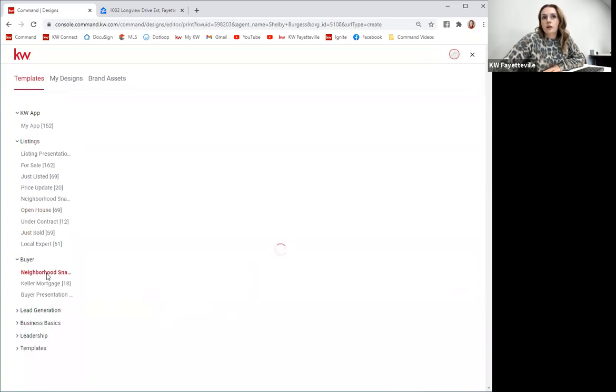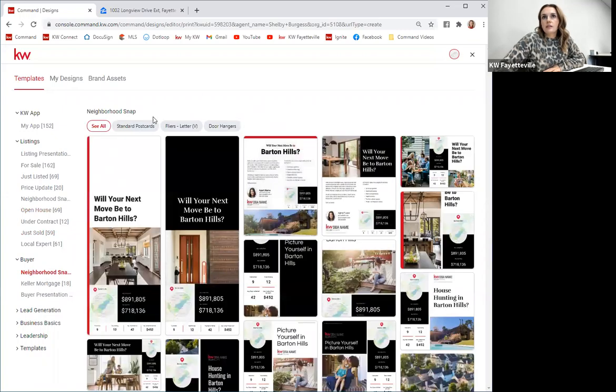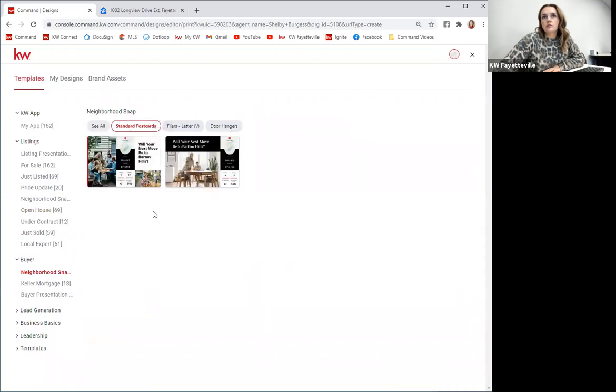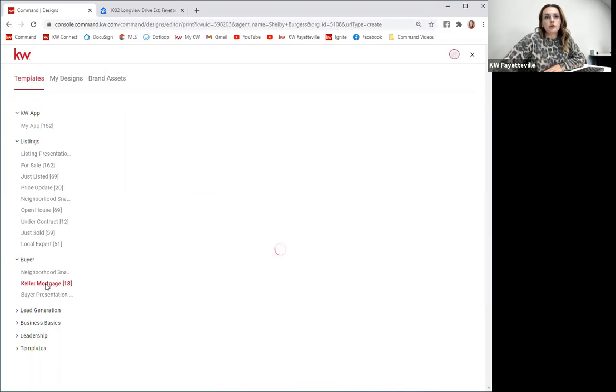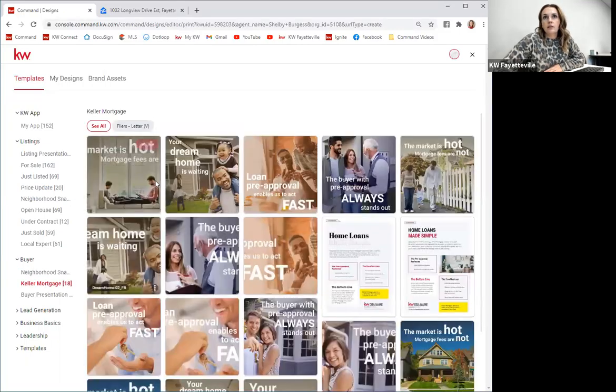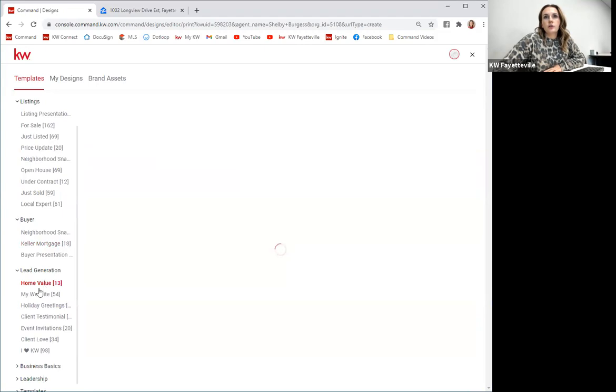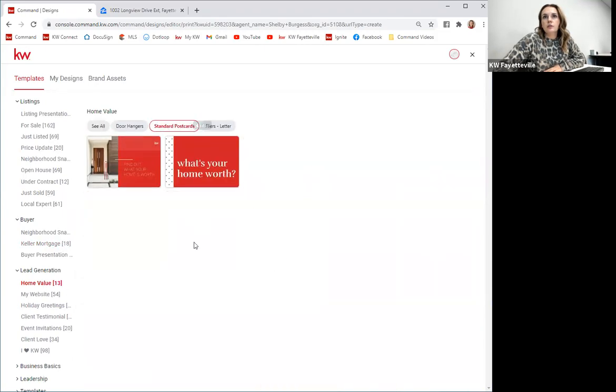If you want to do neighborhood snaps, if you change to standard postcards, you can highlight a certain area. Like if I want all of these to go to Gates 4, and I know that, I can bring in information just about that area and send those to the residents that live there. Keller Mortgage, if you want to highlight that, there's actually no postcards in there. And then you have some lead generation options. So if you wanted to do a home value one to try and, you know, get some listings out there,